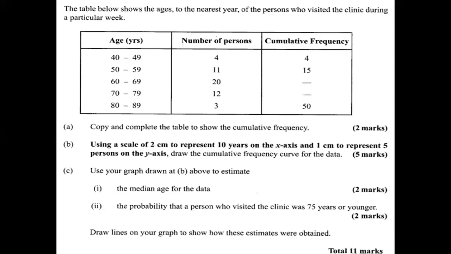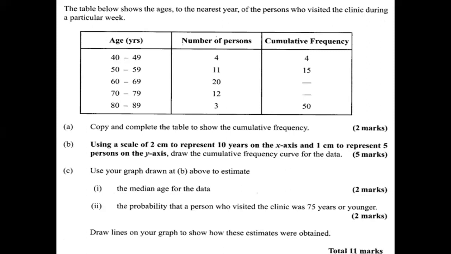The table below shows the ages to the nearest year of persons who visited the clinic during a particular week. We have the ages given, grouped data again, number of persons, but then we have a third column now that is saying cumulative frequency. Now, basically, the cumulative frequency is frequency that adds as we go along. So, for example,